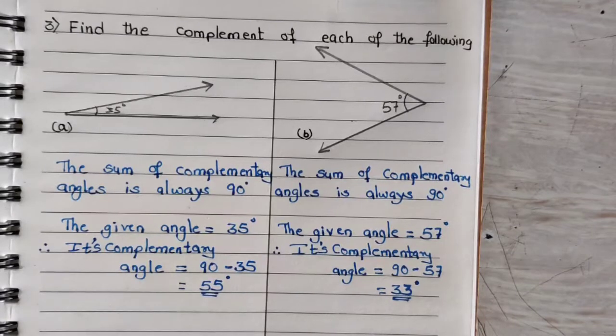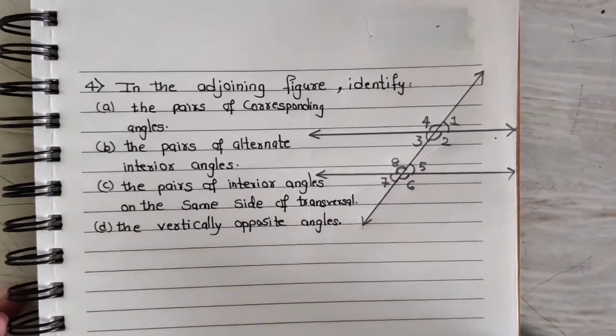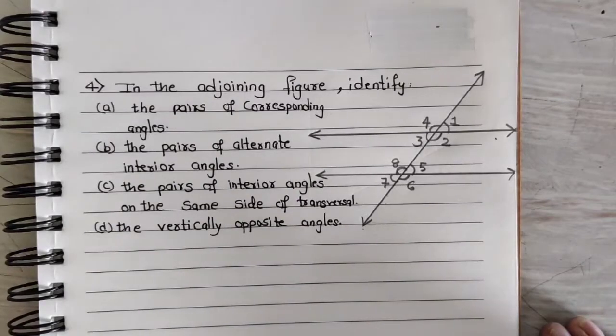This is the only change you make for complementary and supplementary. Only certain things are changed. For complementary you take 90, and for supplementary you take 180. Okay students? So the next question, it is not the 4th according to your worksheet as I told you, but these kinds of questions may come.